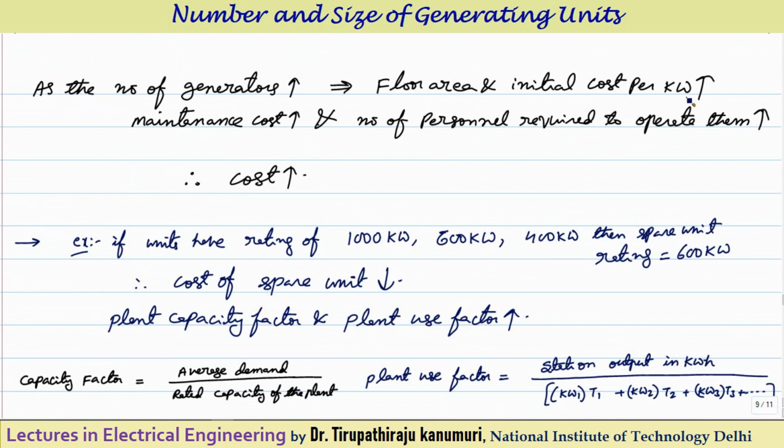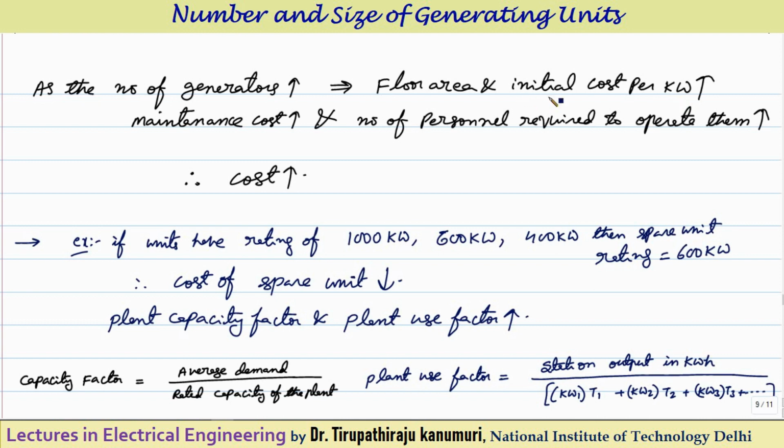Let us take for example, if I am taking a small motor which is having 1 HP. Let us assume that 1 HP motor is 2000 rupees. If you are purchasing a 2 HP motor, it will not be equal to double the price. It will come to nearly 1.5 or 1.6 times the cost only. So double the size is not there. That means instead of going for a 2 HP motor, if you are using two single 1 HP motors, the cost increases. The same thing is applicable for generators.